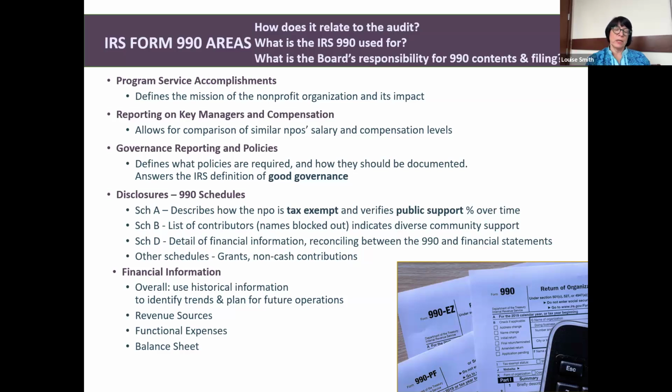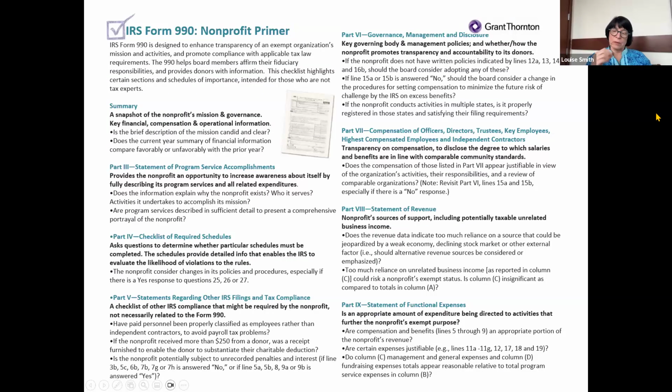And then looking at the next page, this is one of those documents that, let's see, it's 2 pages of this primer. And to me, I would hold on to this. And just before your board meeting where you're going to review the 990, I think this is a good thing to read and refresh your memory about the different parts of the 990 so that when it's being presented in the board meeting, you'll be able to ask more intelligent questions, and understand what they're talking about better.